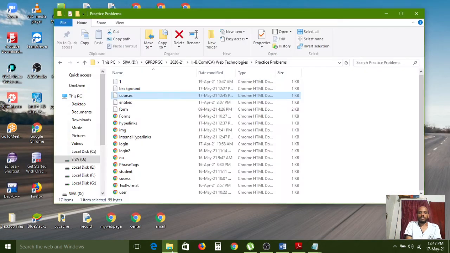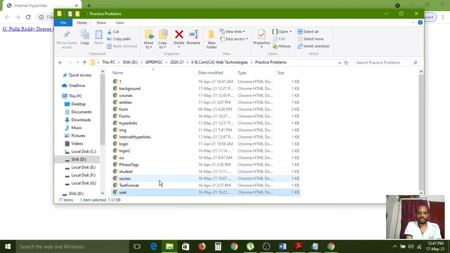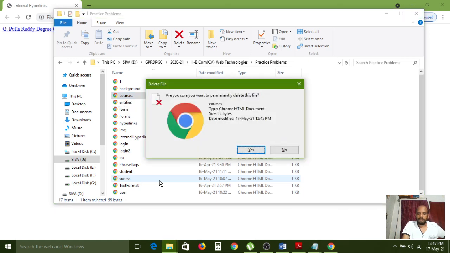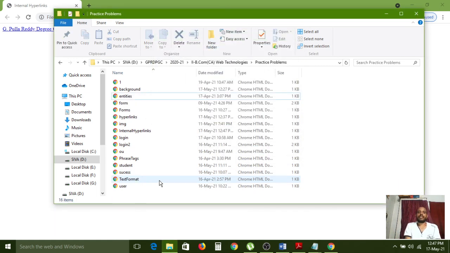Now I am going to internal hyperlinks. All of you carefully observe. In this location, is the courses file there or not? There. Now I am deleting this one. So actually the courses file is available on the desktop now, but the internal hyperlinks file is available here only. Both are in different locations.